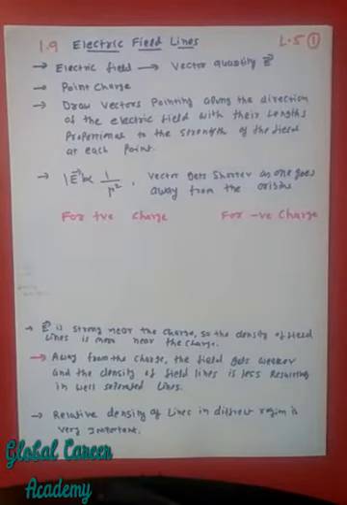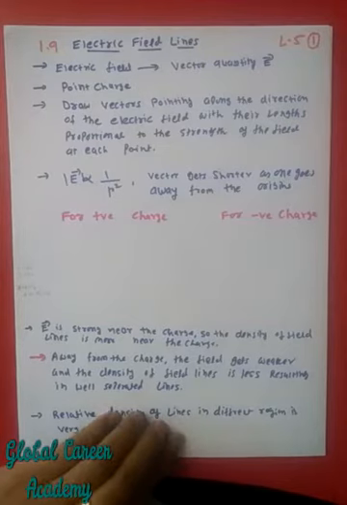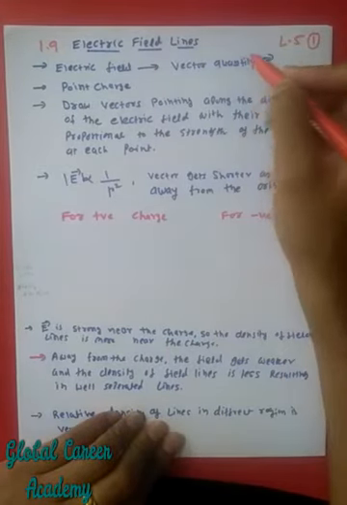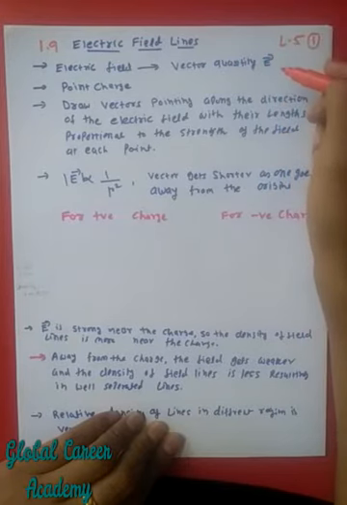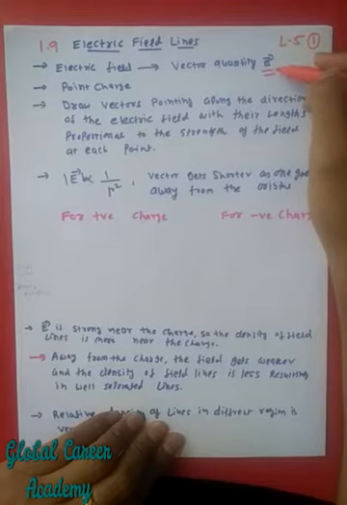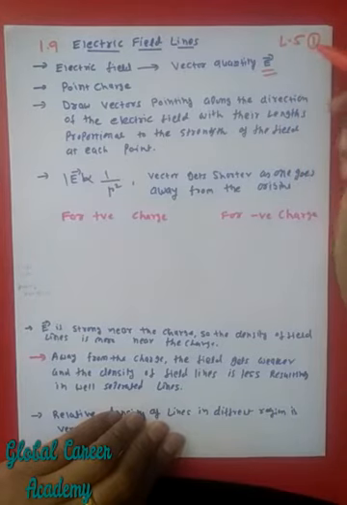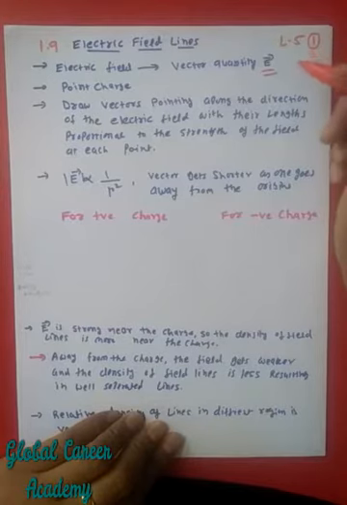Good morning, everyone. So, we are going to discuss topic 1.9, that is electric field lines. Friends, in the last lecture we discussed the electric field. In the electric field we understood that it is to be represented as a vector quantity. So vector E was the symbol. Today we are going to consider the pictorial view of the electric field by considering a point charge.